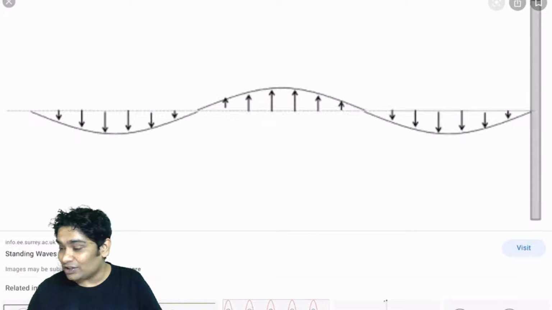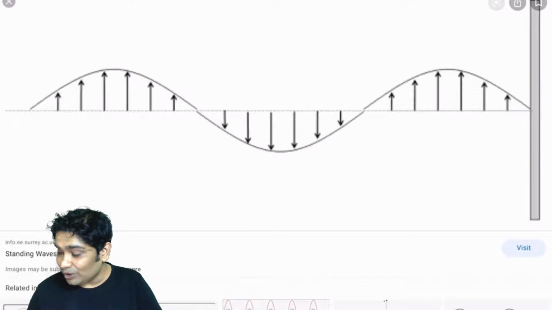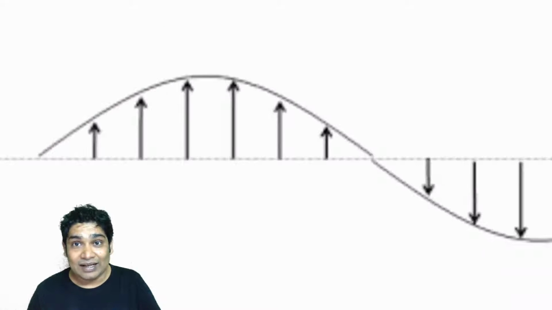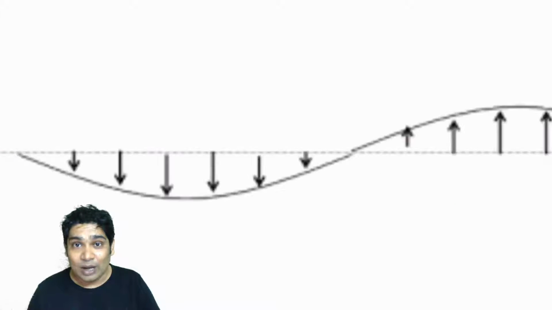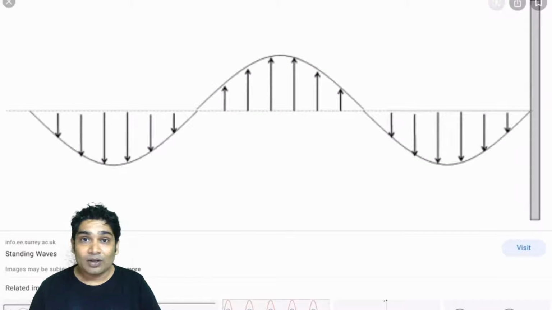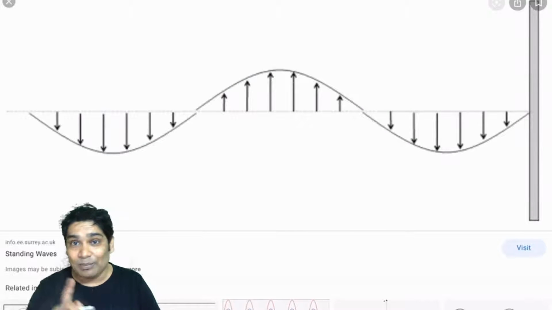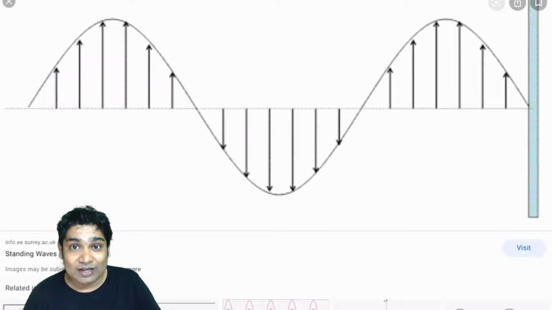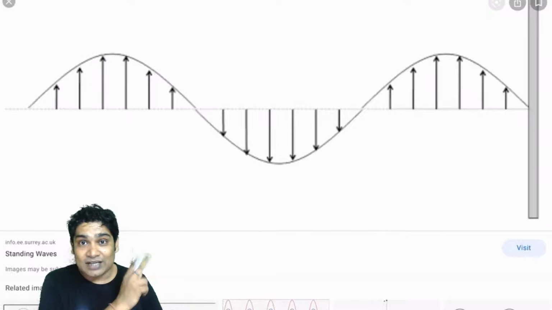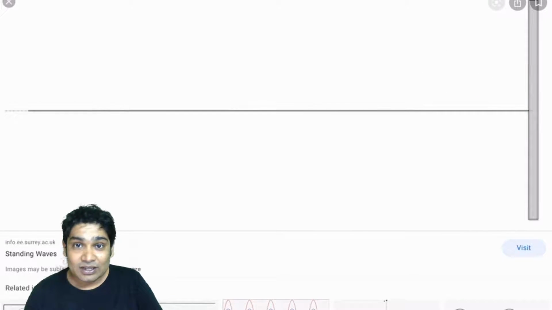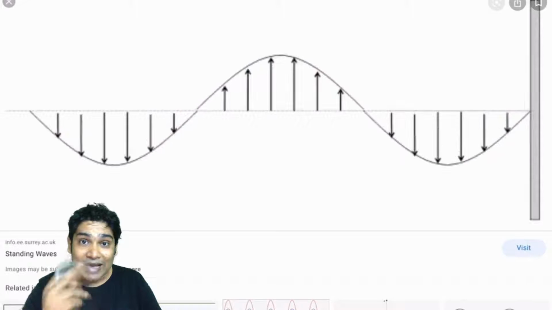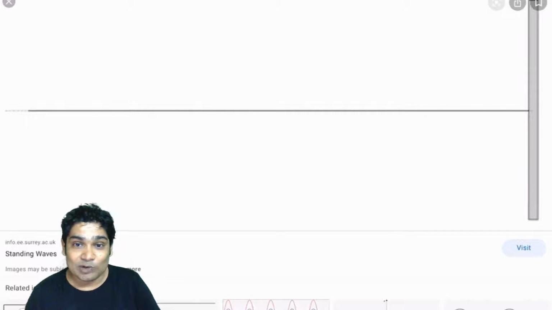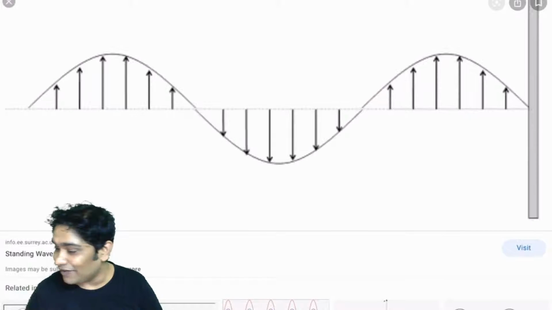So you will notice some things. One thing that you will notice is that some points are not moving at all, and some points are moving with a high amplitude and some points are moving with a low amplitude. So what all can you notice from here? You will notice that some points, like in the middle, are not vibrating at all. These points are called nodes. The rest of the points are oscillating with different amplitudes. The point which is oscillating with maximum amplitude is called an antinode, and other particles have different amplitudes for themselves also. All right. So this is what a standing wave would look like.